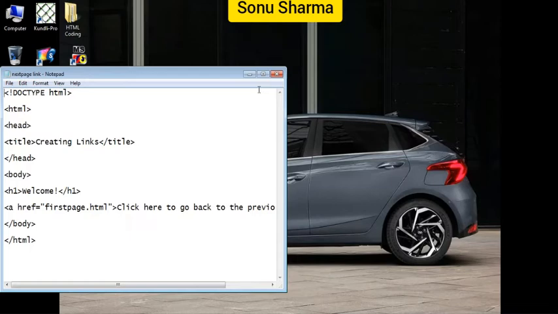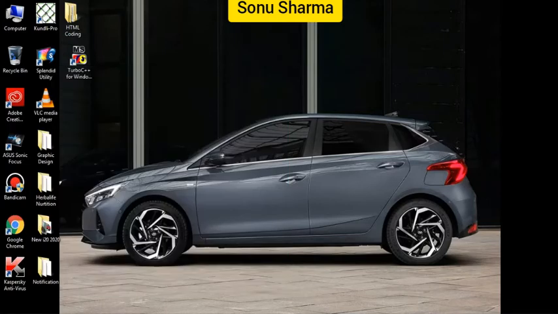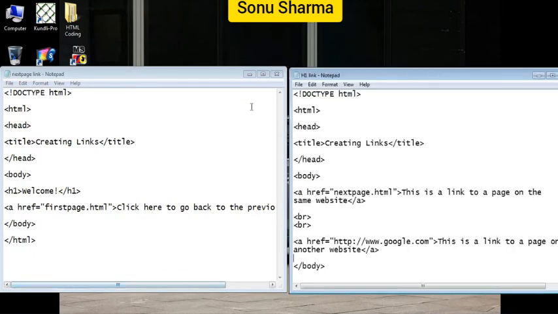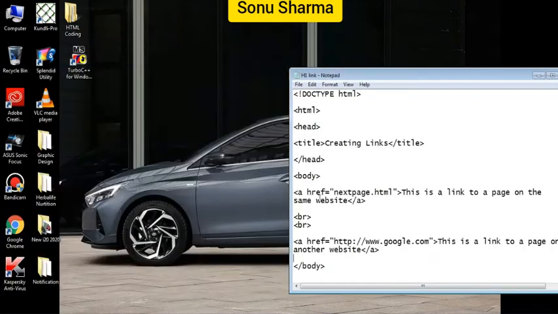That next page.html, the second coding. So next page.html is what? It will go to the next page on the same website, so that you have linked already. In the previous coding you have written next page.html, right? So here you can see the next page.html. See here, in the first coding we have written next page.html here. So it will open the next page now.